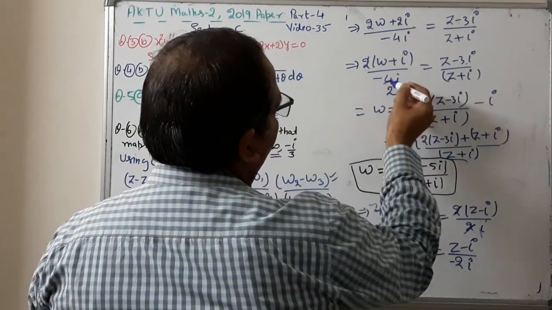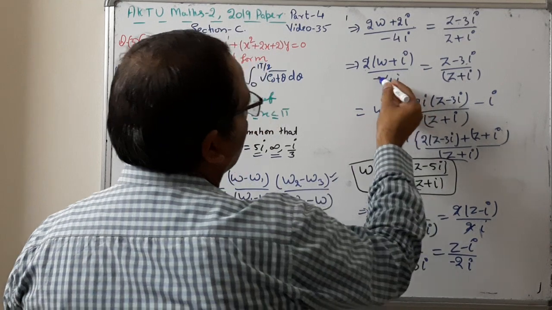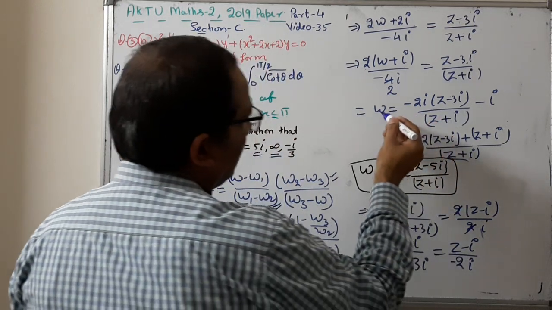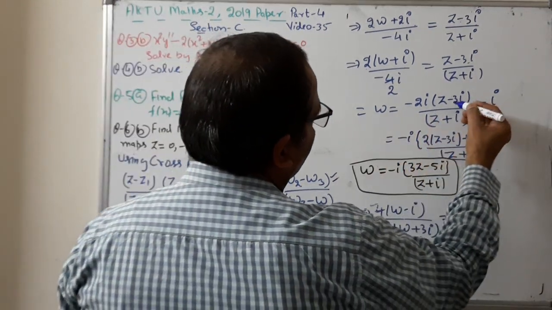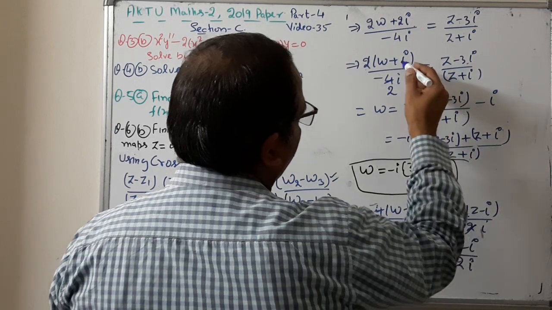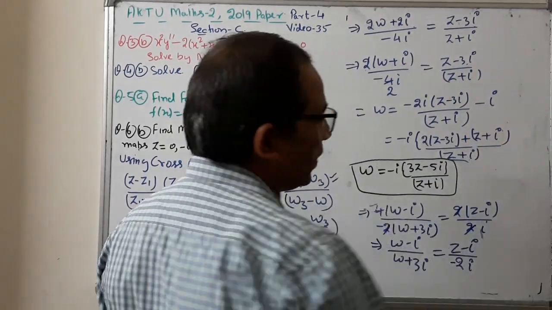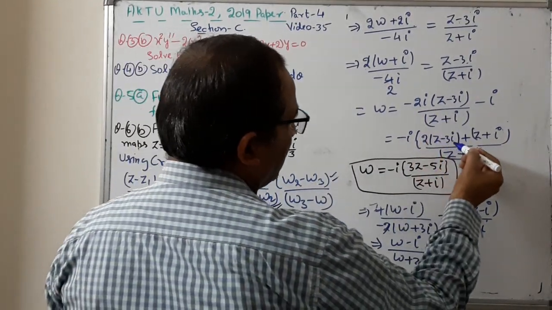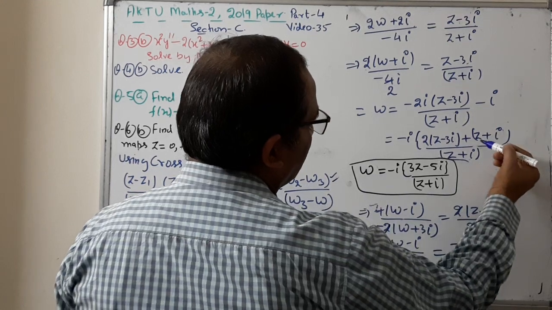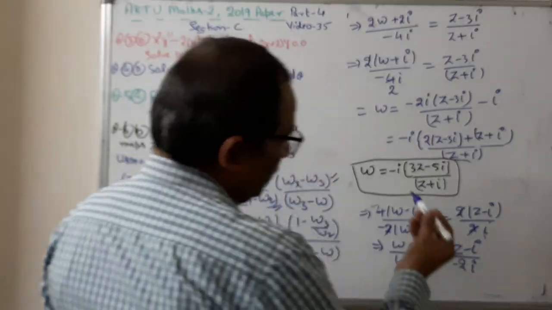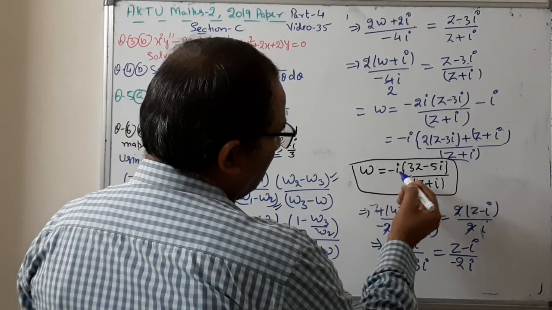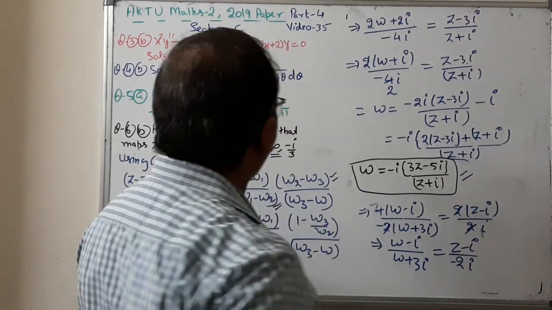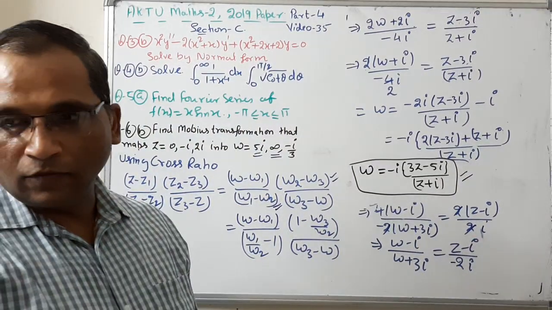And this 2 to this 4 times, 2 times cut this one, so this is minus of 2i, and taking this minus 2i in the right hand side. So we get w equal to minus of 2i (z minus 3i) upon (z plus i), and taking this i in the right hand side, that is minus of i. Taking minus i common from these two, we get 2 times of (z minus 3i) plus, taking LCM, (z plus i) upon (z plus i), and solving this we get w equal to minus of i (3z minus 5i) upon (z plus i). So this is the Mobius transformation for this one.